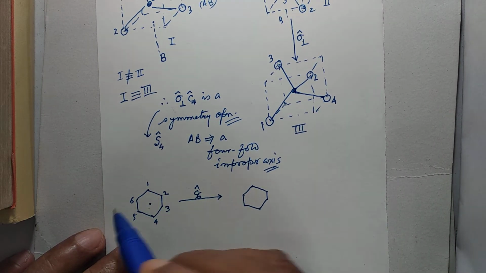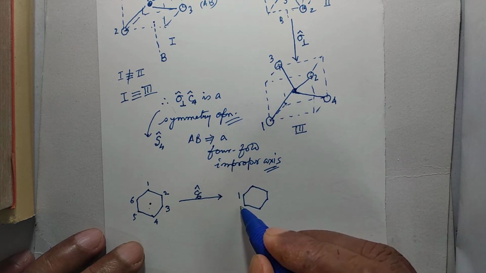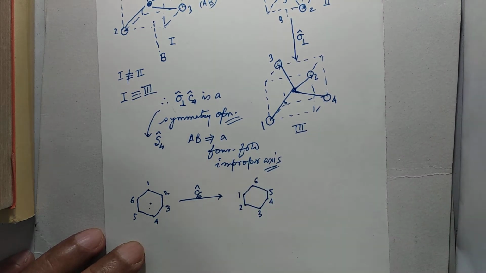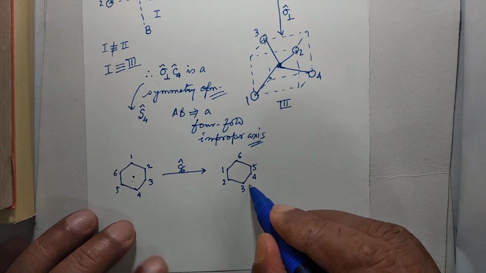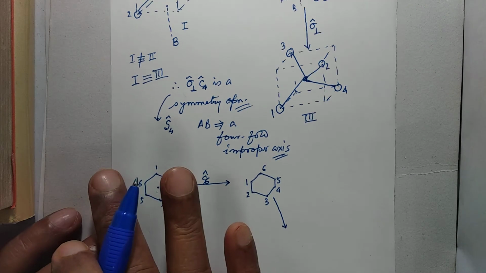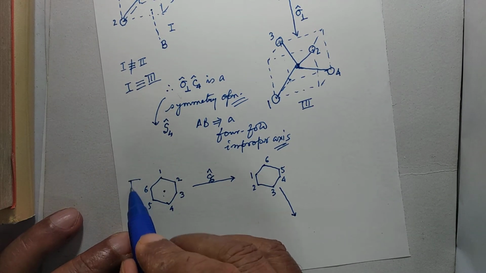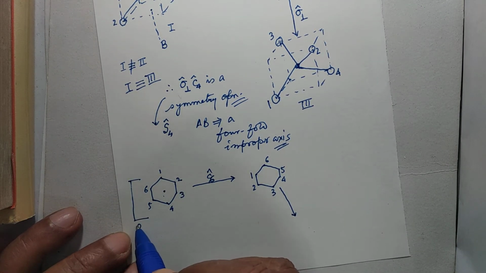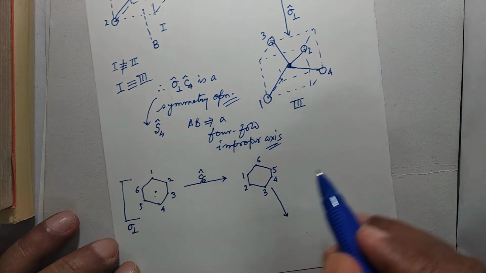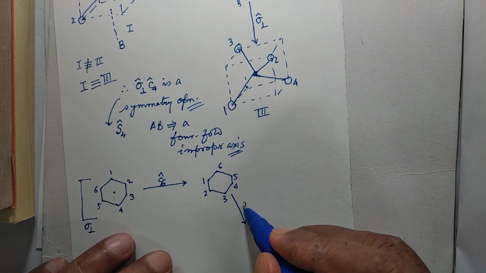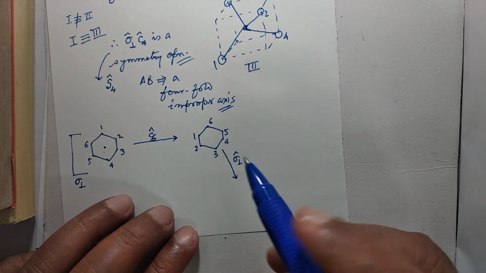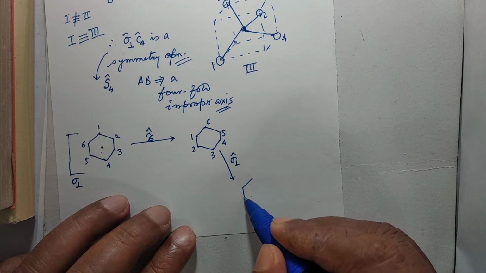If we rotate anti-clockwise, then 1 will come here, 2 here, 3, 4, 5, 6. This will be the resulting configuration, and then if we reflect on a plane, the molecular plane itself is a plane of symmetry. This plane also exists independently. We call it for the time being sigma perpendicular. Then if we carry out this symmetry operation now, we will get